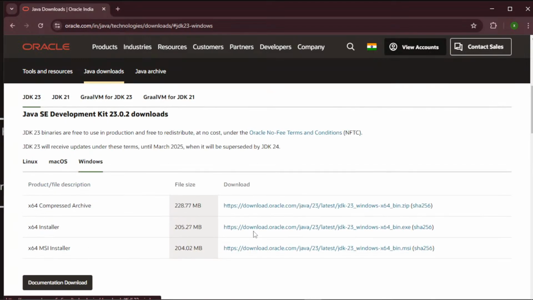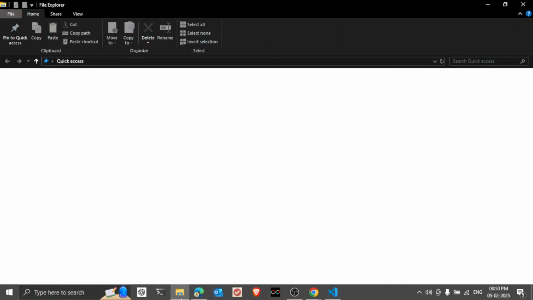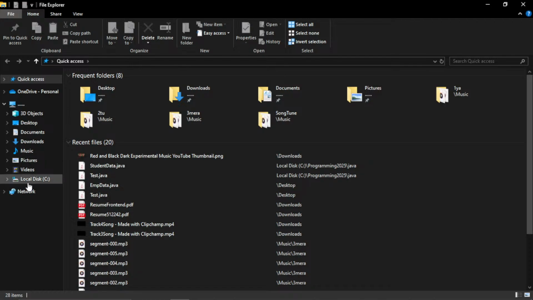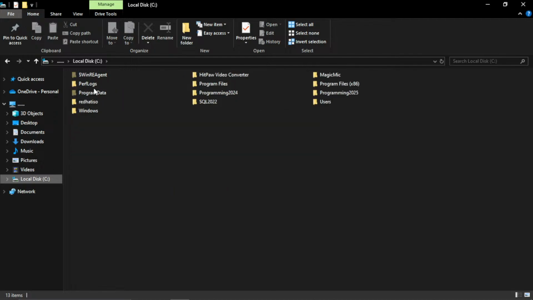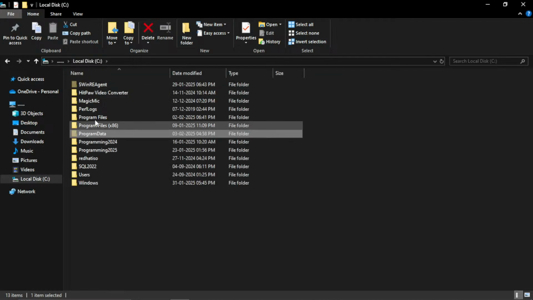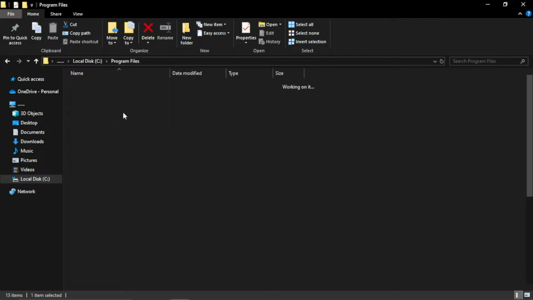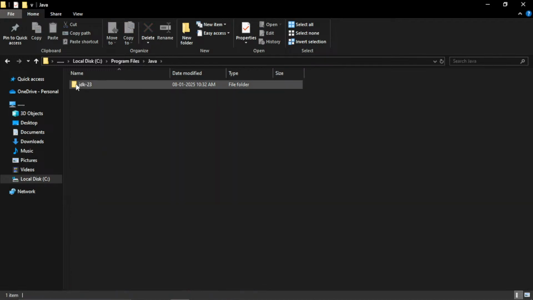After you install this, inside your local device you will find all the programs that you have. In Program Files, you will find Java after installation, and you open the JDK 23 version.